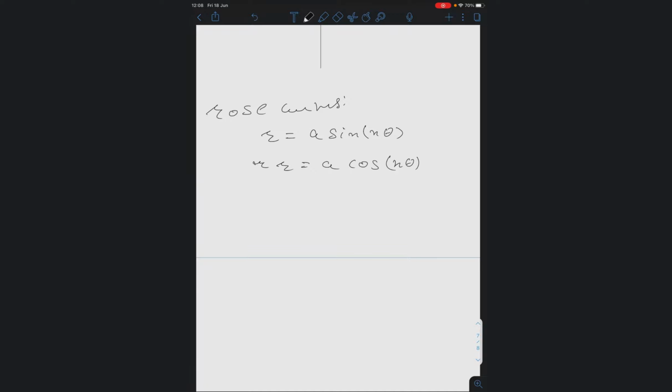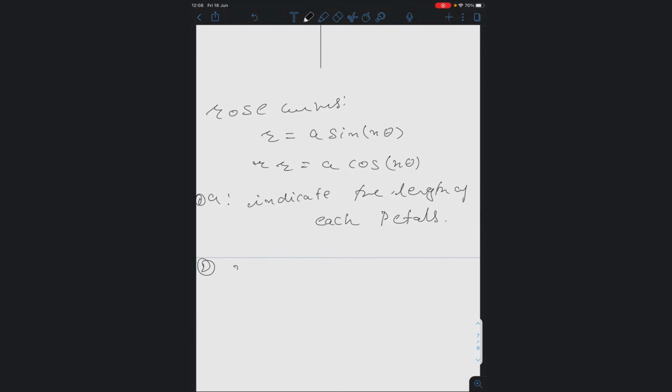Now for this one, you don't decide any axis here, because here you are going to have some petals, some flower kind of shape. So we can't decide based on sine and cos whether on x-axis or y-axis you will get here. So here what you have to do is you need to check A value. Okay, so what does A indicate? A indicates the length of each petal, we'll see the graph. That is the first point.